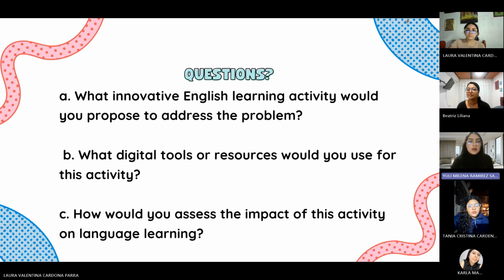So the first one, I would do an activity called likes and dislikes. This activity helps students practice expressing preferences using phrases like I love, I enjoy, or I don't like. First, they watch or read multimedia examples like videos, infographics, or short texts that model these expressions. Then each student creates a short digital presentation about their favorite things, covering at least three categories: food, music, movies,